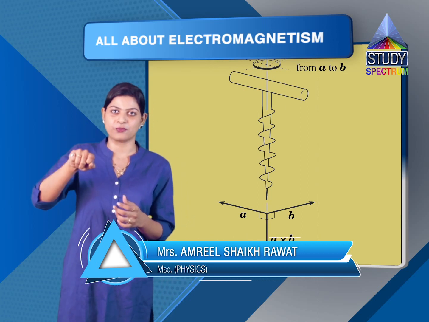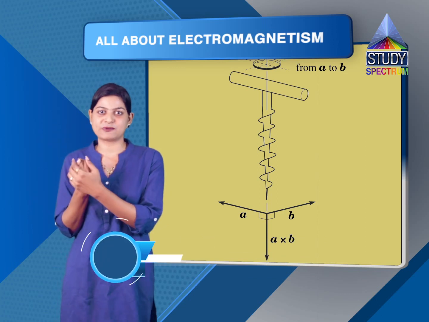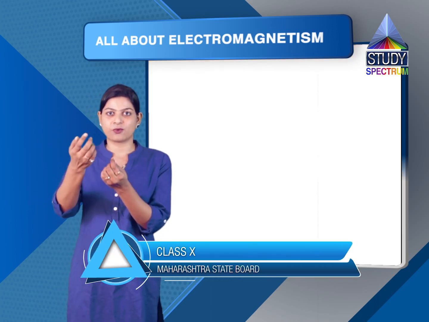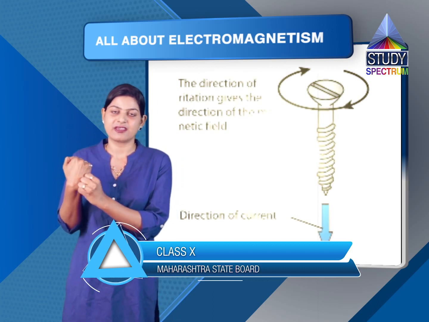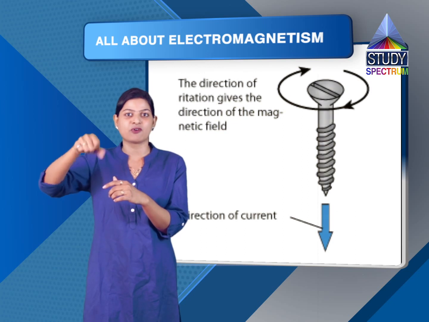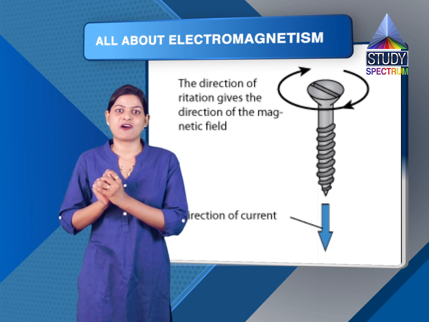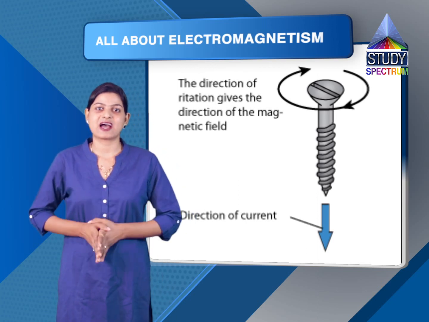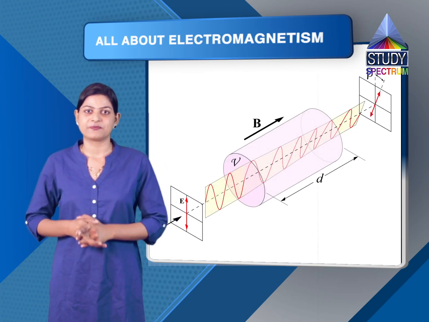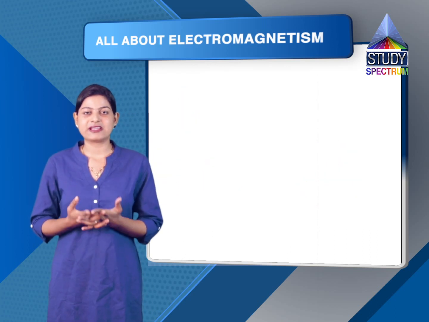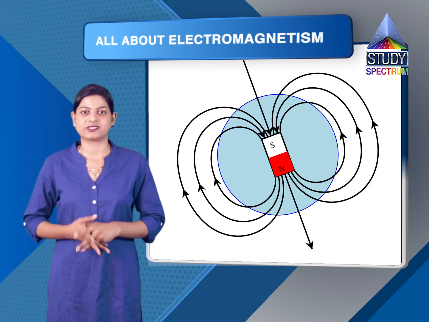While removing the screw, the direction changes. Now it is coming in the opposite direction. So while removing the screw, the direction in which the screw is going gives the direction of the electric current, whereas the direction in which we are moving it, that is anti-clockwise, gives the direction of the magnetic field. So this is how some scientists gave the direction of electric current and magnetic field, which are closely related to each other.